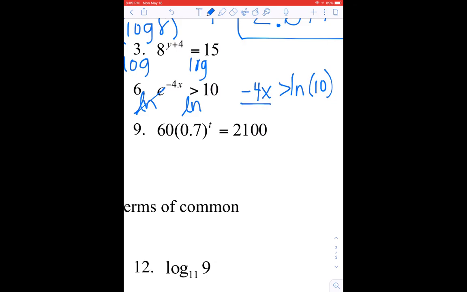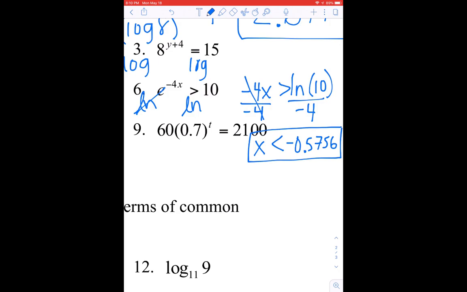And then I'm going to divide by this negative 4, and remember, anytime we divide by a negative, I know this is old rules, but you've got to remember we divided by a negative on this side, so we flip that greater than sign to a less than sign. Then if you plug all of this into your calculator exactly like it looks over here, ln of 10 divided by negative 4, you will get negative 0.5756, and that is your answer. Okay, so to 4 decimal places, x is less than, so you have to do